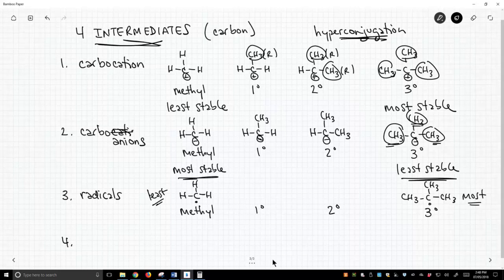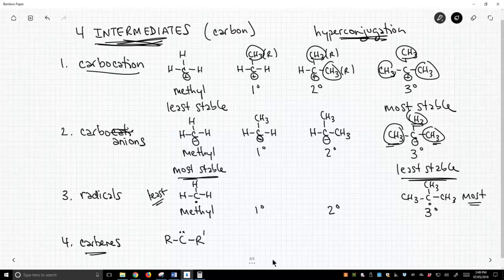What's the fourth type of carbon intermediate? These are the carbenes. Now, I consider these weird, and I don't teach them at all, but it's a carbon that bears two different groups and a lone pair. So it's neutral with two groups. It's just a really strange species. We won't talk about carbenes, but technically, to complete the list, everybody has to know that there are 4 carbon